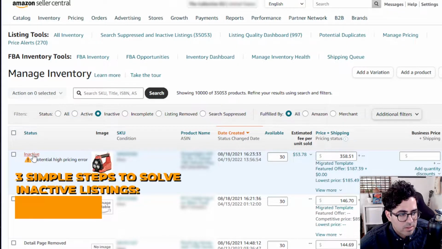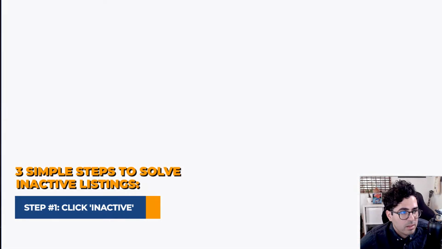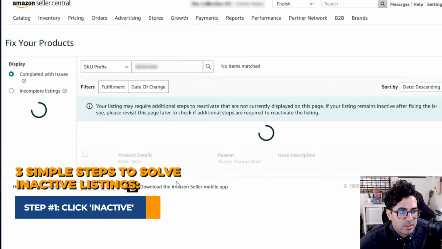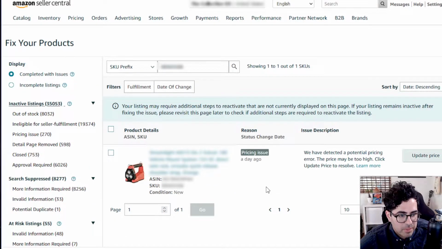All you have to do is just click on the inactive, and then it's going to take you to this page where you can update some information. So you see here, here's our product, the reason, pricing issue in this case, and here's a description. We detected a potential pricing error. So what this usually means is that the item is priced too high compared to the competition, and Amazon has